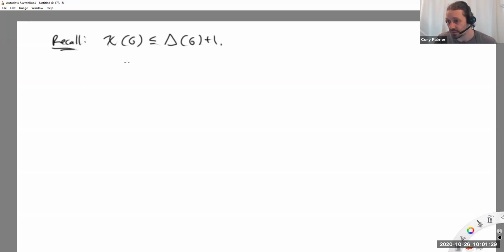And just remember, what's the chromatic number? We're trying to color the vertices of a graph, so assign, say, numbers to the vertices of a graph, so that no vertex gets a color that it sees on any of its neighbors. Or, no edge is monochromatic. No edge has red and red on both ends. And the chromatic number is the smallest value for which you can do that. And so the big theorem here is Brooks's theorem,